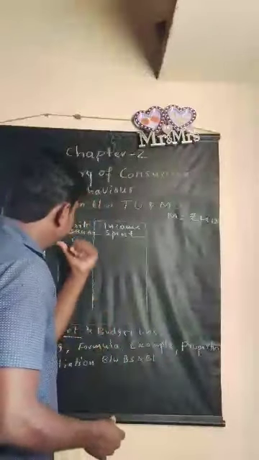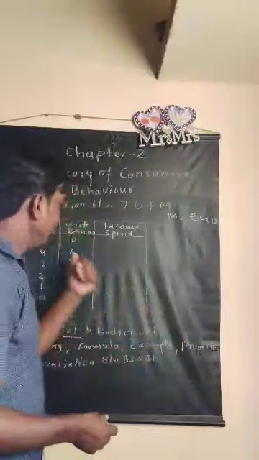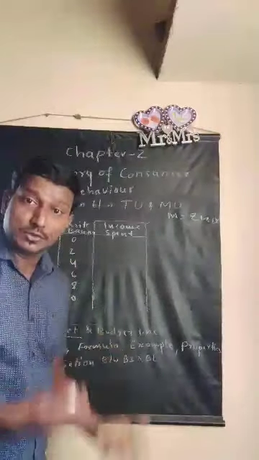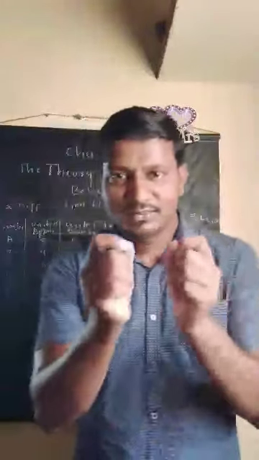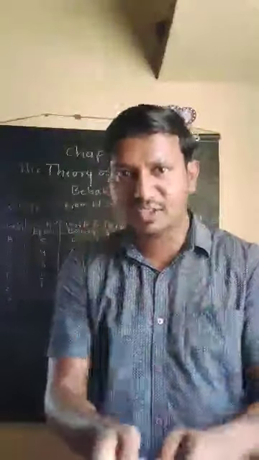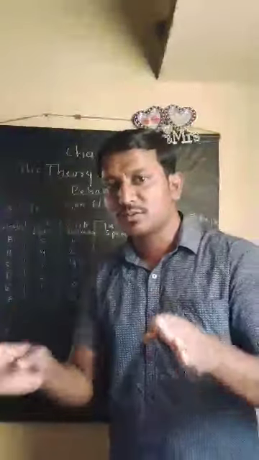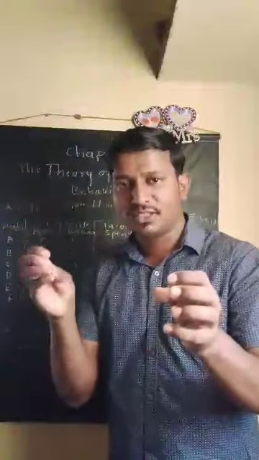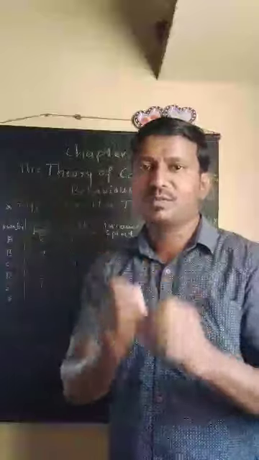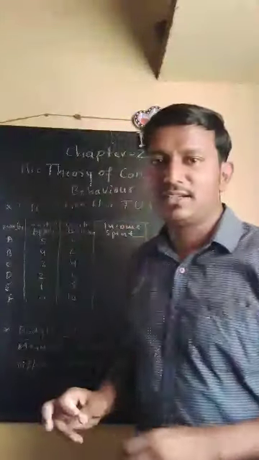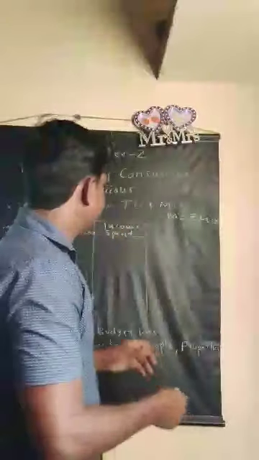Why did I make these 2 combinations here? Why did I take 5 here and 0, or 4 here and 2 here? As I already told you, the budget set tells us the total income must be spent and the total cost must be equal here. The income we are going to have and the total cost we are going to spend must both be equal. I will show you very clearly how it is equal in the money income spent. So let us see now.